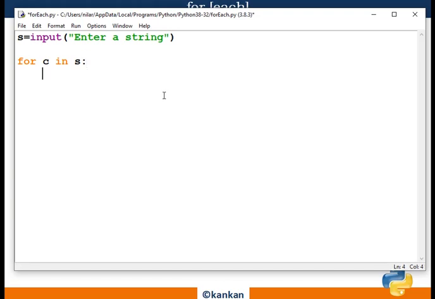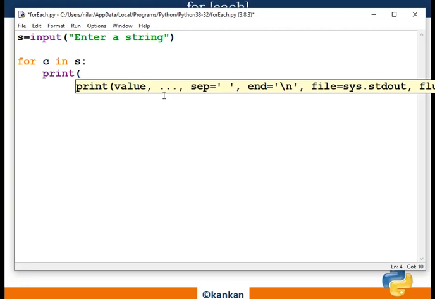Now what I have to do, I have to print all the characters. I like to print the character, and between the character and the ASCII value I like to make a tab, backslash t.